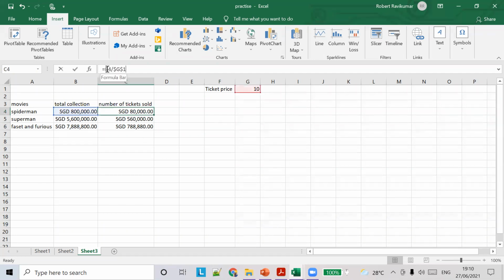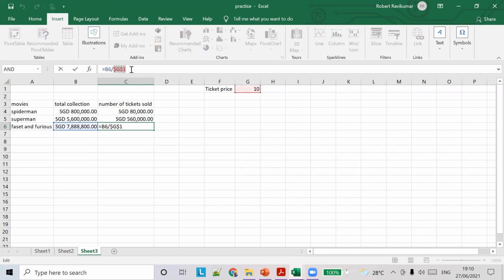Relative reference is this one, without the dollar symbol, but absolute reference is with the dollar symbol like this. When you drag down, you can see the formula here. The relative reference always changes, it changes the cell value based on the copy, but the absolute reference value never changes. So this is called an absolute reference.